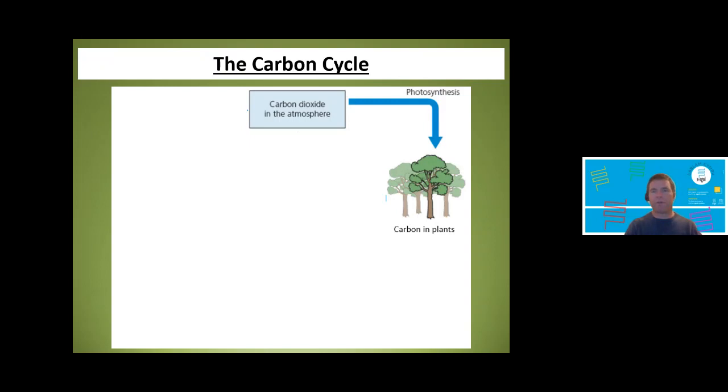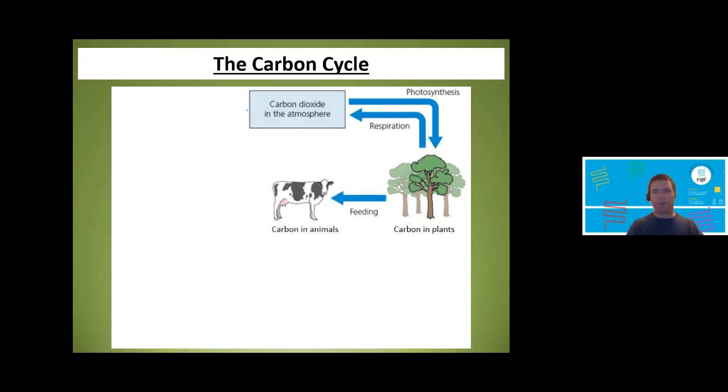So here's the first one, photosynthesis. Photosynthesis takes carbon dioxide from the atmosphere and converts it into carbon compounds within the plant, glucose and starch that we've just mentioned there. So photosynthesis is a topic you've covered already, and it's linked in now. See, this is why we couldn't cover this topic right at the start of your GCSE, because there's too many other topics that link into it. And there's another one, respiration. So all organisms respire, and therefore they release carbon dioxide into the atmosphere, because if you think of the equation for respiration, glucose plus oxygen releases carbon dioxide and water, and that carbon dioxide goes into the atmosphere.